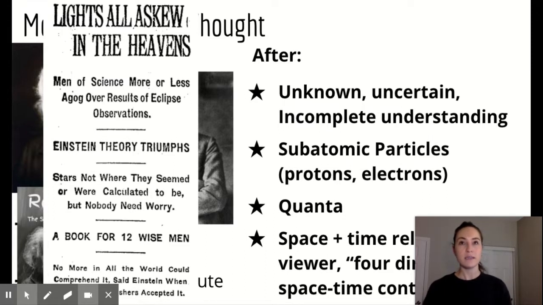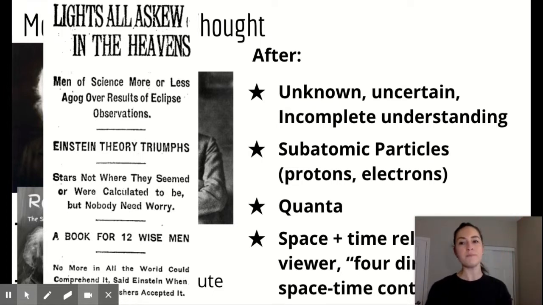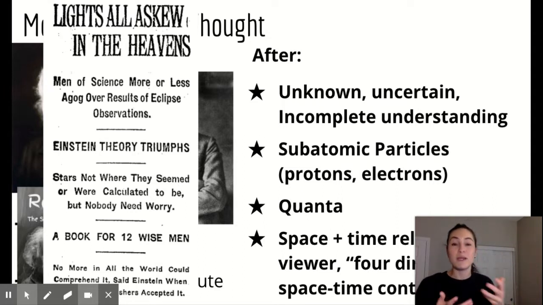But like I said, he doesn't get tons of fame until 1919 with something called the Eddington experiment. Basically, the experiment took place at the time of a solar eclipse, when the sun and the moon are blocked one by the other. What the scientists did ahead of time is measure the position of the stars relative to the sun, and they called that the true, accurate position. However, when the eclipse happened, they noticed that the light from the stars didn't match up where it was supposed to be. The light from the stars had been deflected in the gravitational field of the sun. The light was bending around the sun during the eclipse because of the gravity.